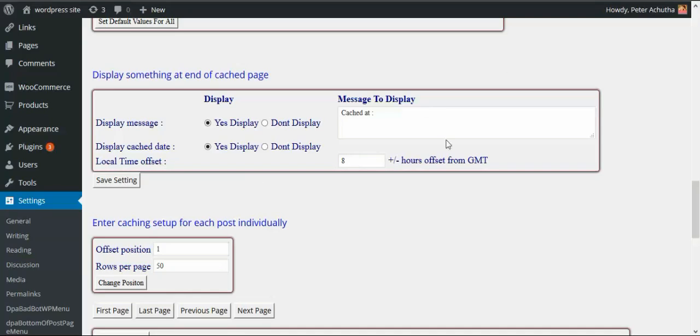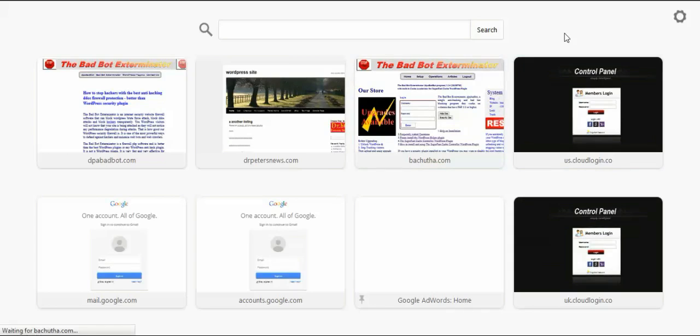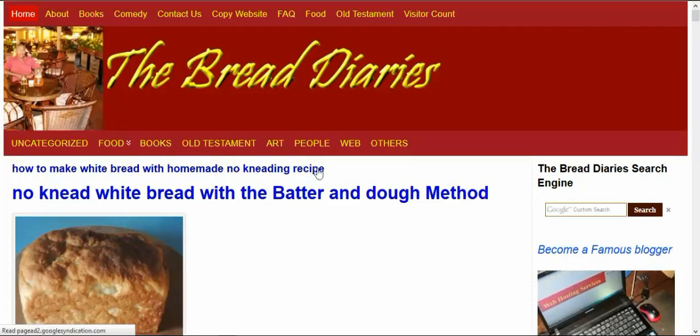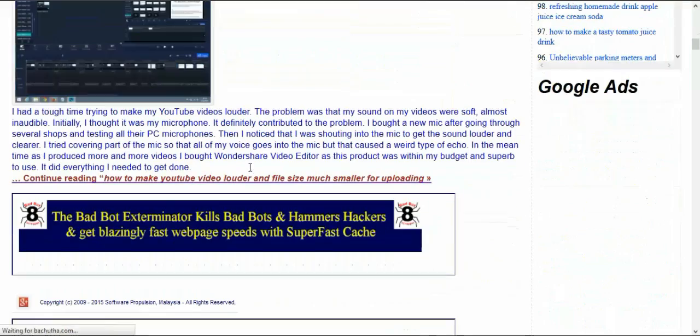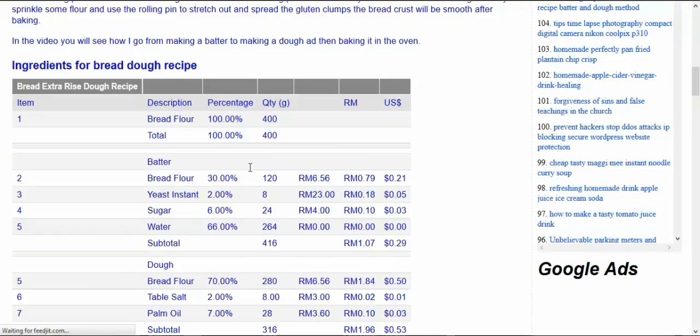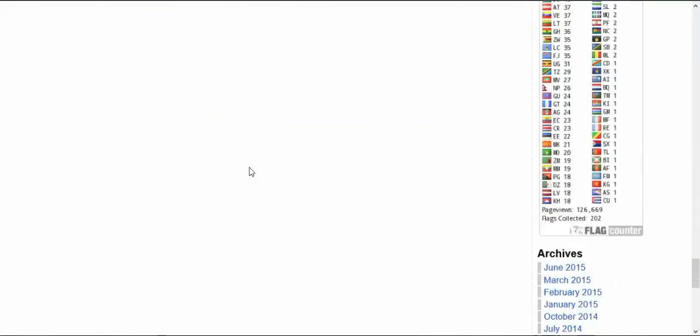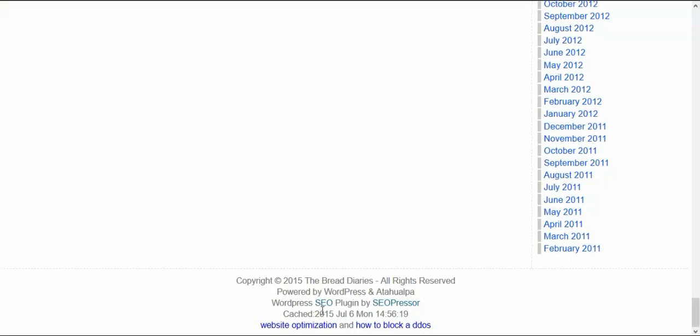So let's have a look at that. This is my website. Let's go and look at the bottom of the page. You can see cached 2015 July 6 Monday at 14:56. So that's a message that will appear indicating